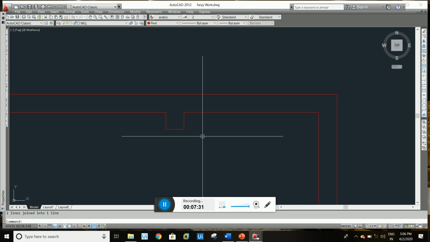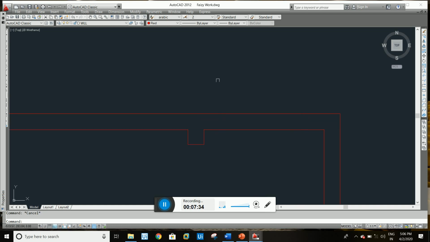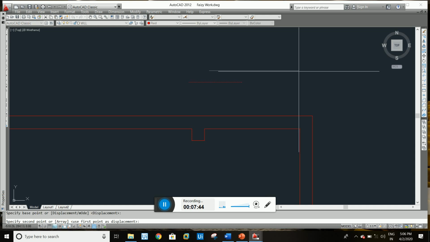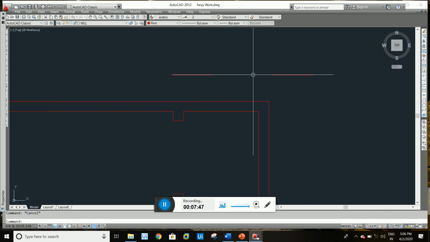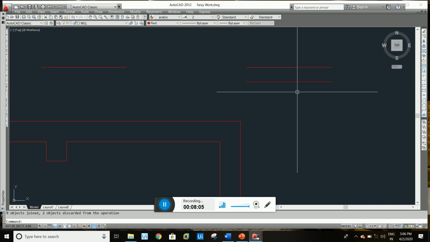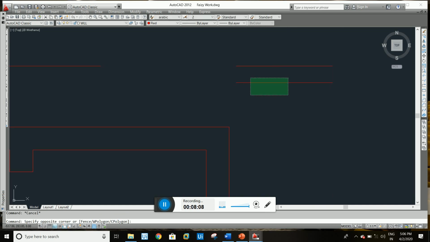Guys, you have to be careful when you are going to join lines, because the lines should be in the same direction, on the same line. For example, one line is here and a copy, one line is here. If you want to join, it can easily join with the J command. If the lines are not in the same direction, like one line is here and some line is here, and then you use the join command, it will not work, because the lines are not on the same line, so it could not be joined. So be careful when you are going to use the join command.